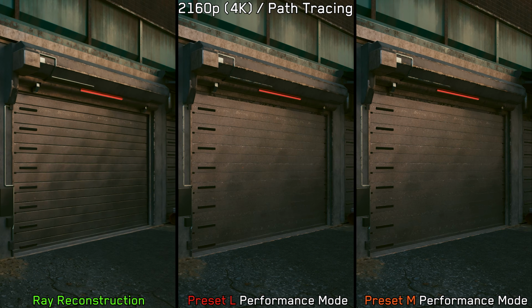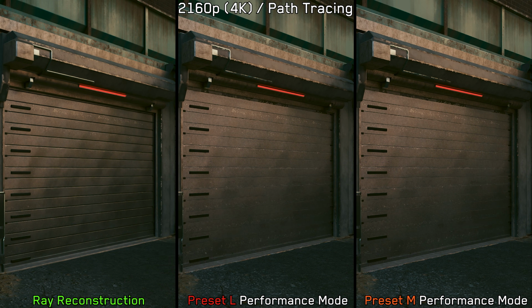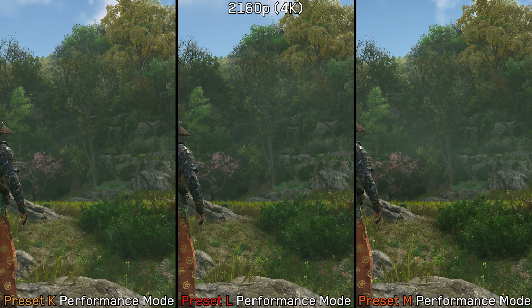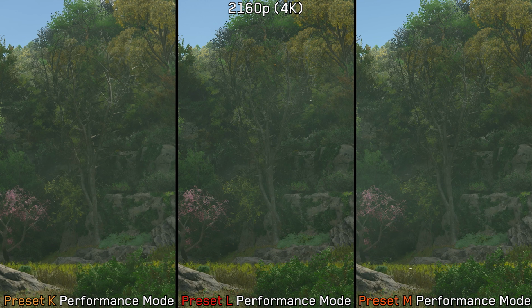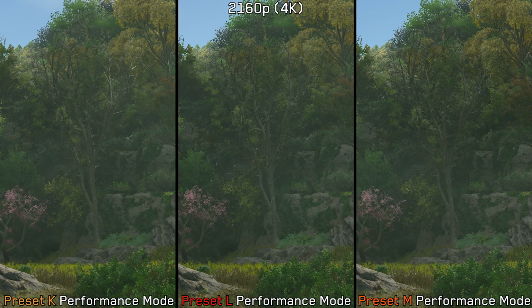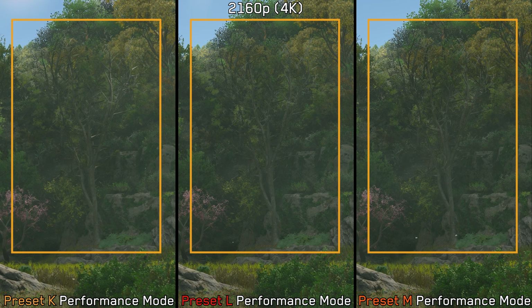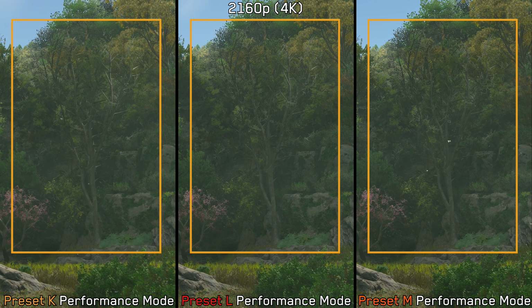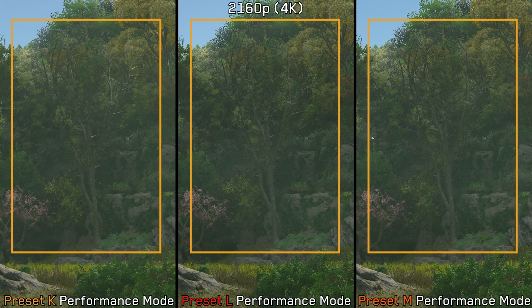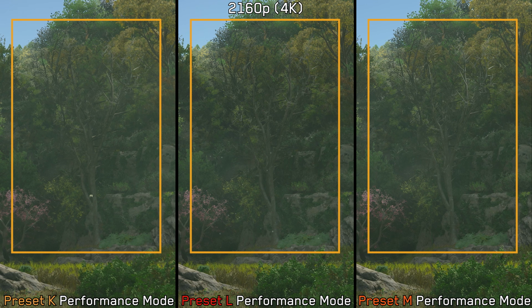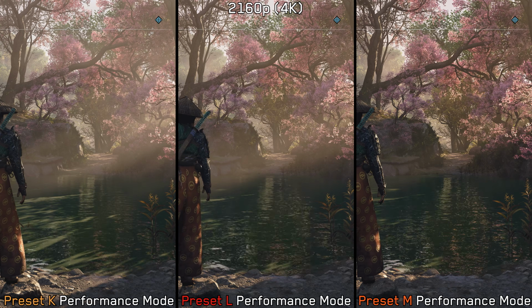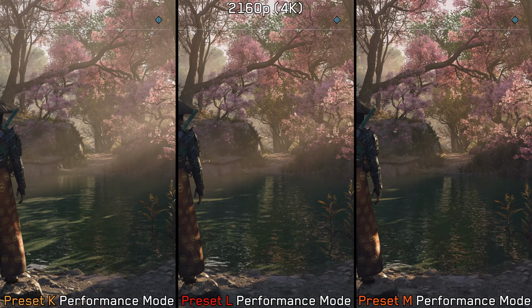But at the moment, Ray Reconstruction hasn't been updated to the second generation transformer model. And when you enable it, it falls back to its own combined upscaling and denoising model based on the original transformer architecture. This ray tracing issue isn't just in Cyberpunk 2077, it shows up across multiple games, like here in Assassin's Creed Shadows. Notice how noisy the ray traced global illumination looks on these trees with preset L and M compared to preset K. Or here where the ray traced reflections exhibit quite a lot more flickering with the new